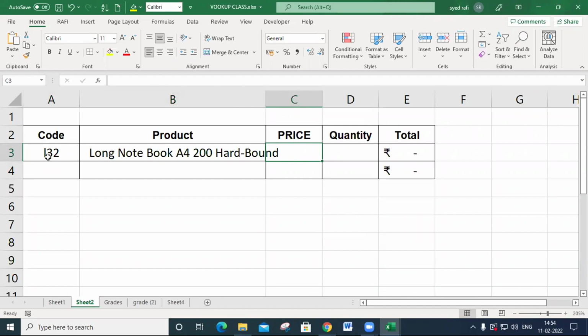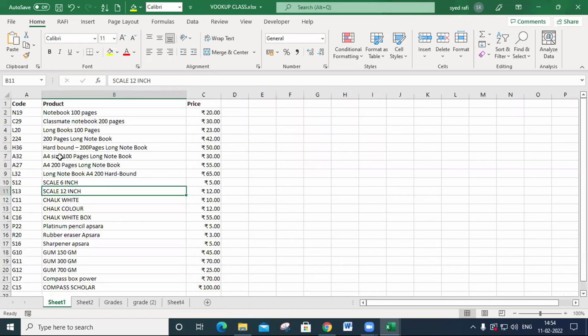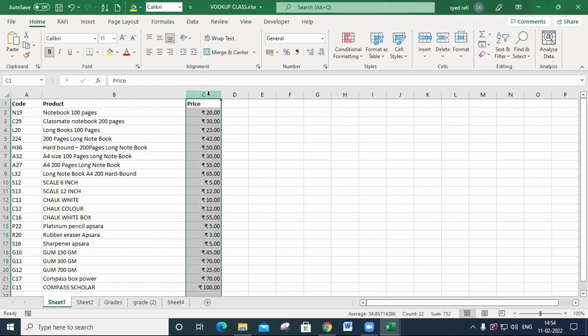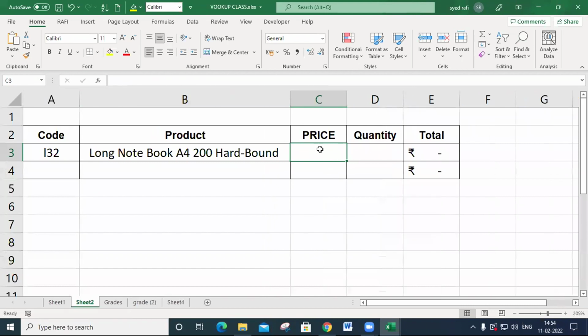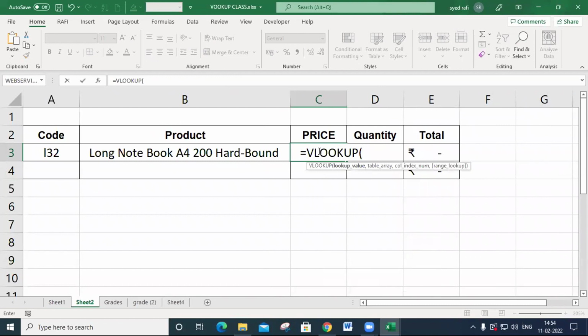Now I need to display its price. I need to display the product, and I need to display the price. The price is located in the third column: first, second, third. Let's check how we make this. Equal to VLOOKUP.